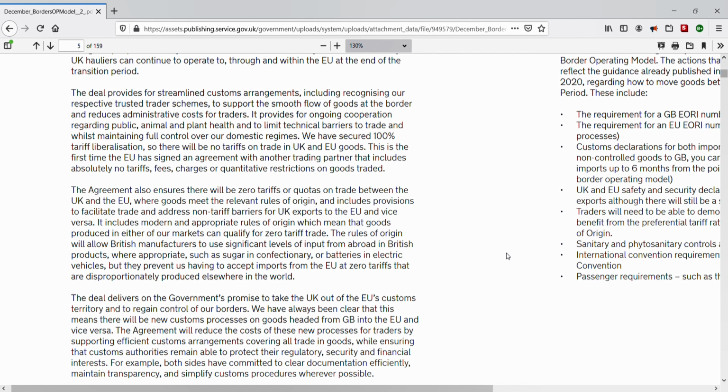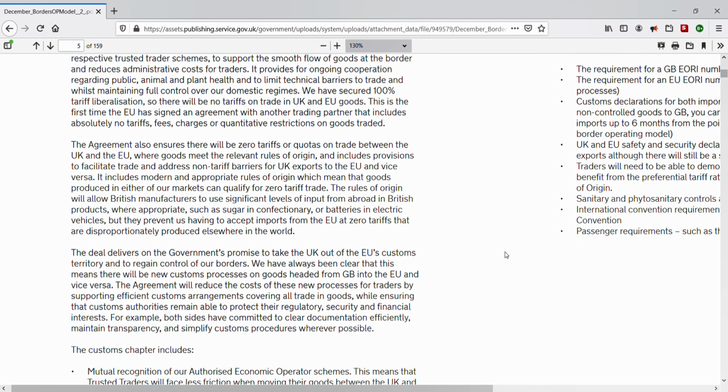So, what this means is that rules of origin are now applied to trade between the UK and EU, to assert that goods will be eligible for zero tariffs and trade liberalization. We pretty much dedicate the entirety of the next video to introducing these rules of origin, but at a beginner's level: an easy-to-follow exploration of rules of origin. Hurrah! For now, simply note there will be no tariffs on trade in UK and EU goods that comply with rules of origin. And again, hurrah!